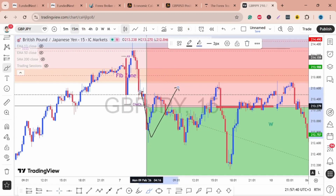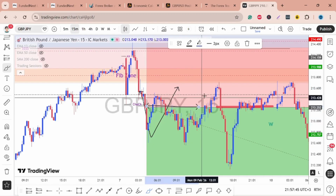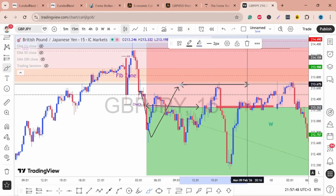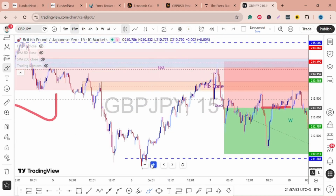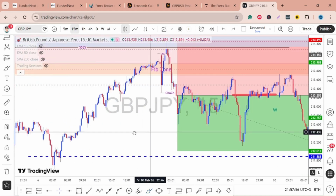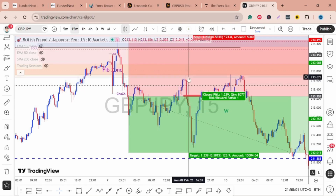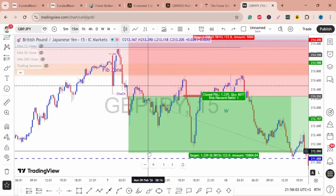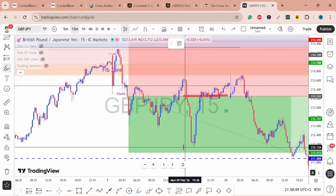Once we had that broken, I was looking for a retracement of this move, and the first position I think I got into was here. I broke the 8 into 2 positions, and I also had another position up here. Price was a little hesitant to move in our favor, and as you can see, the price action here was pretty bad, until this move actually happened. At some point price was almost hitting my take profit, with I think 20 pips to go,